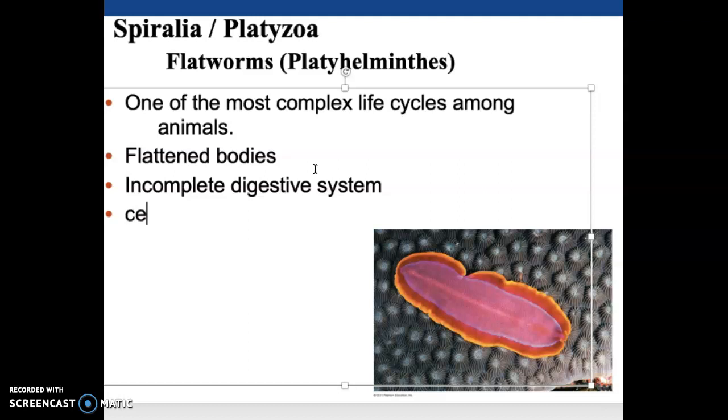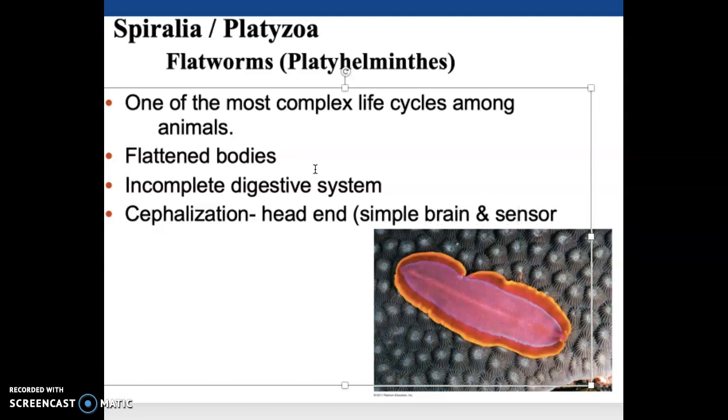They do exhibit, by and large, cephalization. Cephalization means you have a head or a head end, something that defines the front and the back end of the animal. The head end will often have a simple brain within it